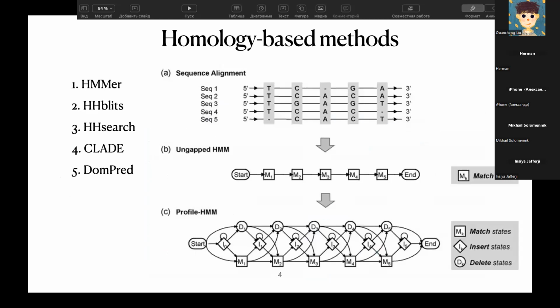And how can we find domains in proteins? There are many methods which can do this, but we are interested in the best one. HMMER belongs to the homology-based methods. There are some examples